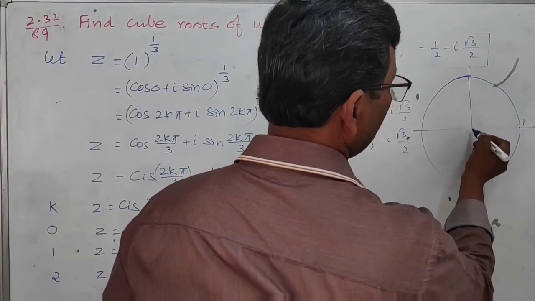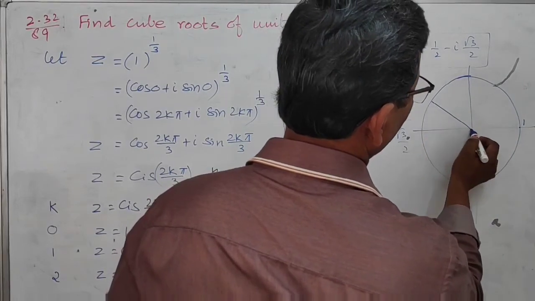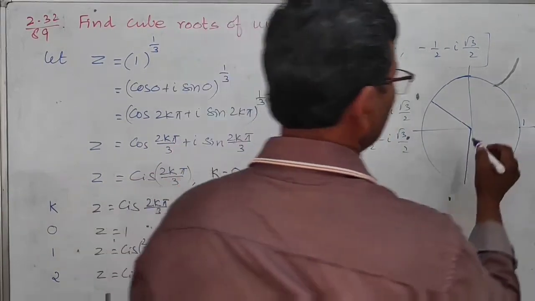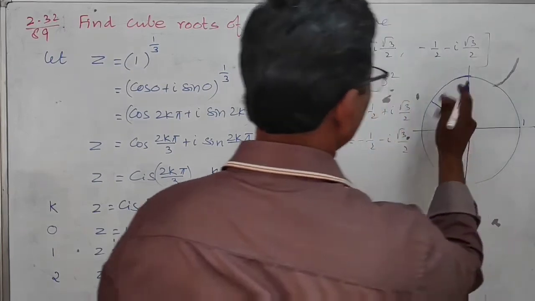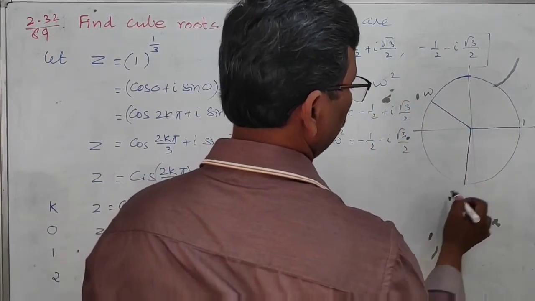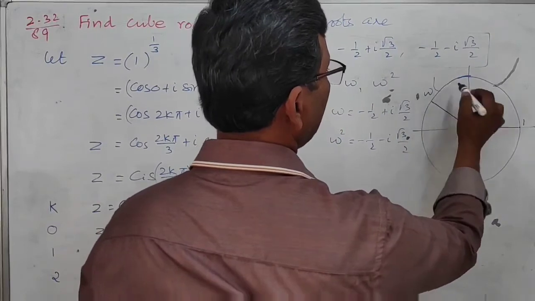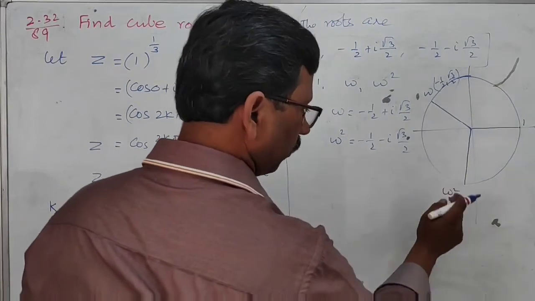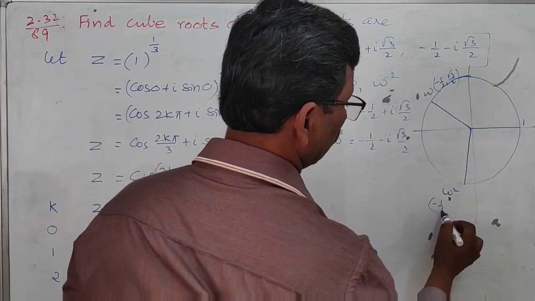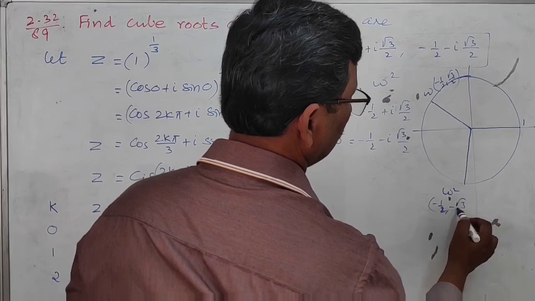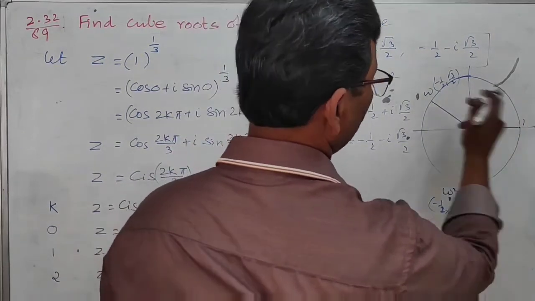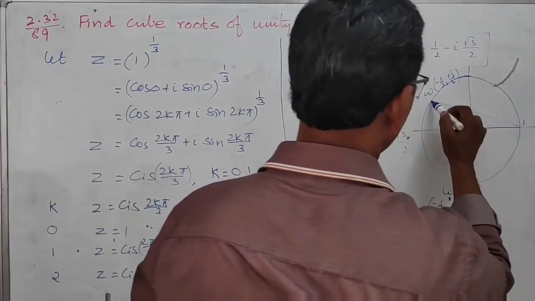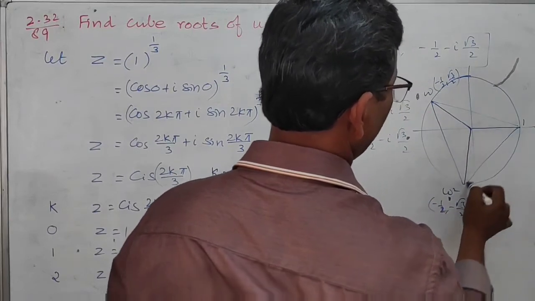Therefore this angle, this is 0 degree. Then you can take 120 degree will be here. Then after that again you can take 120 degree, that will be here. Now this first one is here 1. This will be omega and this will be omega square. Whose coordinates are minus 1 by 2 comma root 3 by 2. Coordinates of this omega square are minus 1 by 2 comma minus root 3 by 2. Now these are the three vertices, 1, omega, omega square. Now if you join these things you can get an equilateral triangle.